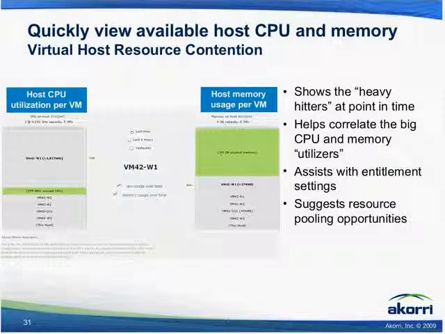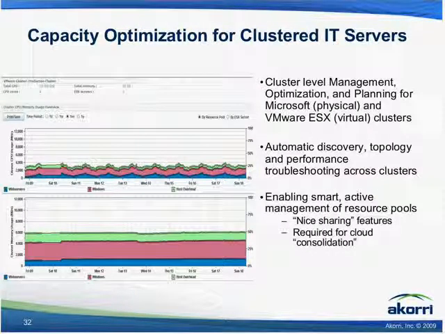So getting a quick view of, okay, who are my top talkers on this ESX environment? Is there contention? Are there people who are using more than they're entitled to? If they use more than they're entitled to, and I give them more resource as standard so that they're not overutilizing what they're entitled to, am I going to outstrip the capacity of my server? Am I going to outstrip the capacity of my I/O? So getting back to an understanding, okay, these are the pieces, how they're put together, here's my top talkers, and